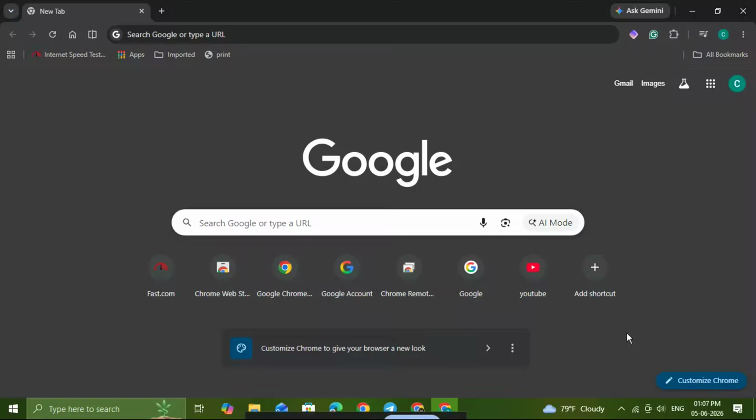In this video, I'm going to show you how to install the AIPRM ChatGPT Chrome extension step by step so you can unlock powerful prompt templates and improve your workflow inside ChatGPT. This is a simple process, but if you've never installed a Chrome extension before, I'll walk you through it clearly